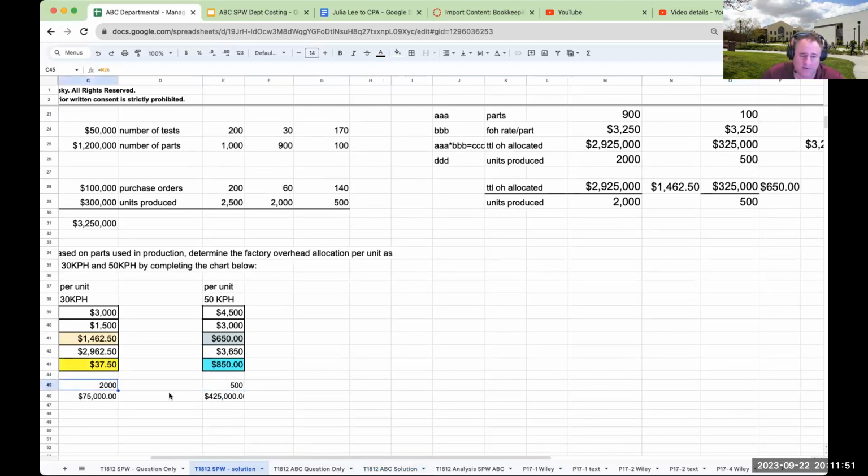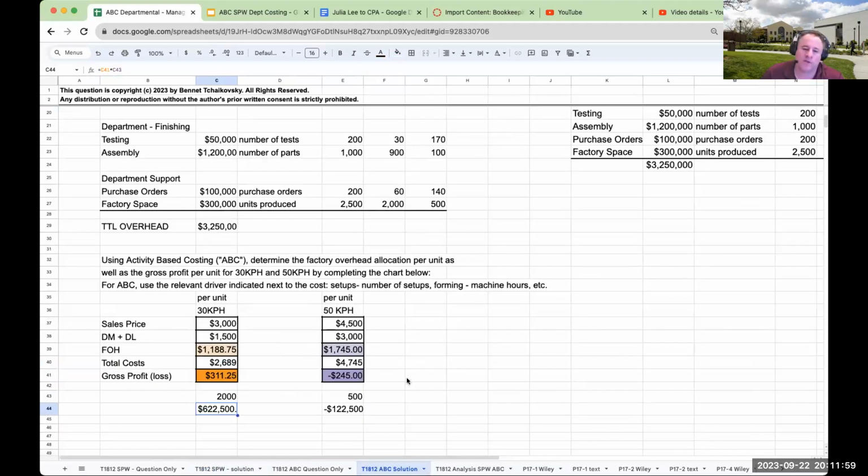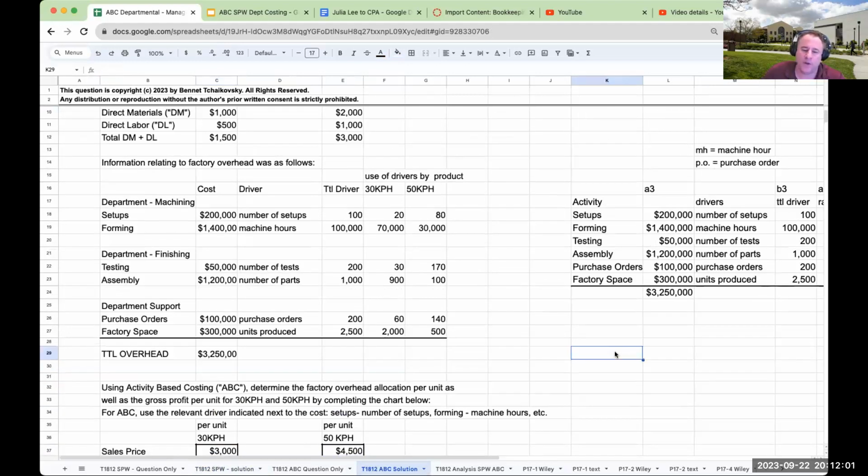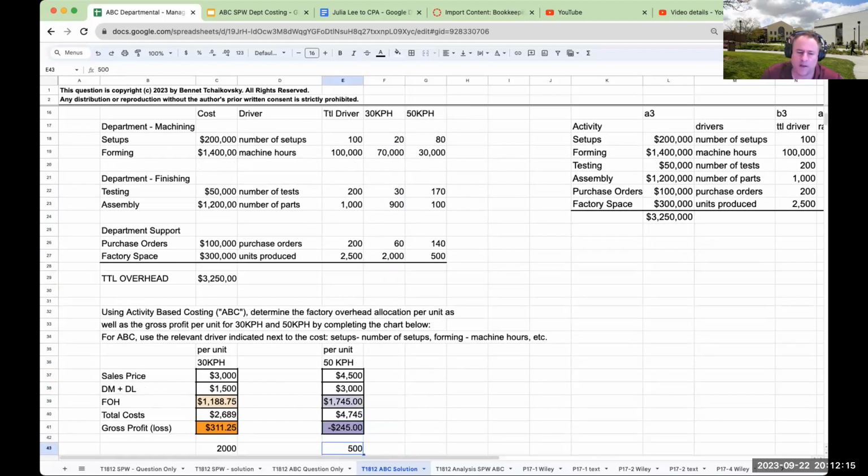I made 2,000 units at 37.50 was 75, and this one was at 8.50, and it looked like this was the big one. But as it turns out, when we start drilling down on how each of the units is using the factory overhead under activity-based costing, we've got a problem,